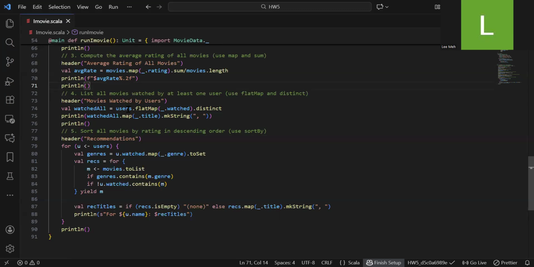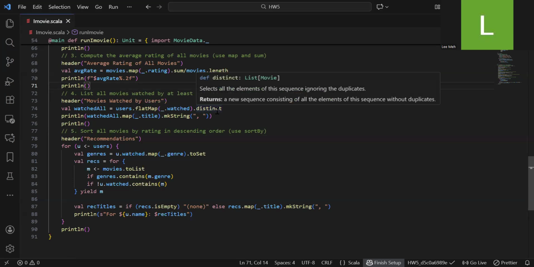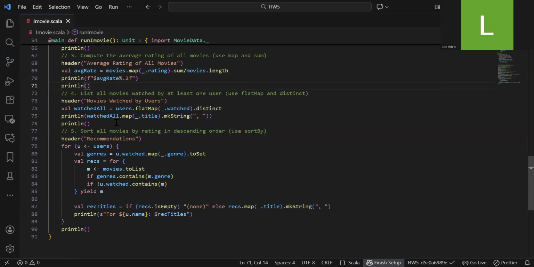And the fourth is movies watched by users. Using flatMap, it helps me create a single list of all watched movies by all the users. And distinct is also to help remove duplicates. And I will print all the watched movies